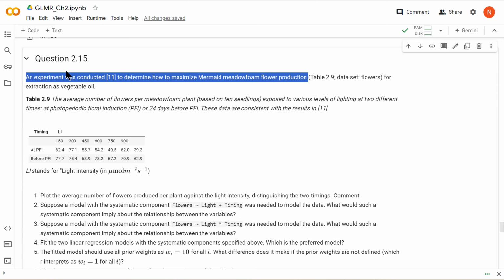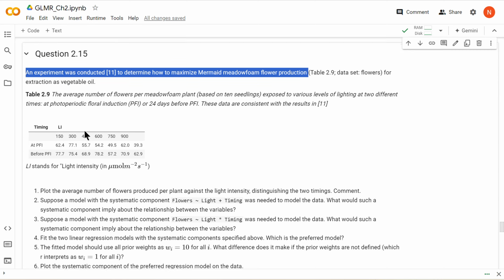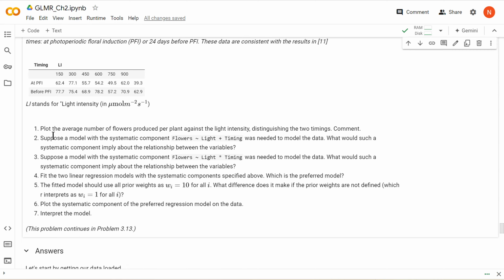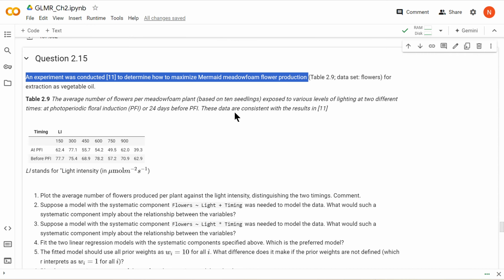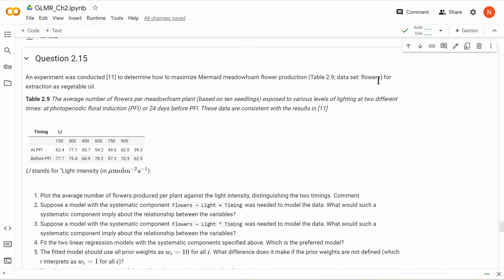For extraction as vegetable oil. I don't know what any of that means, to be honest, but we can still do our analysis on it. So we'll get to these questions kind of piecemeal here, one at a time. But the first thing that we need to do is we need to get the flowers data set up on